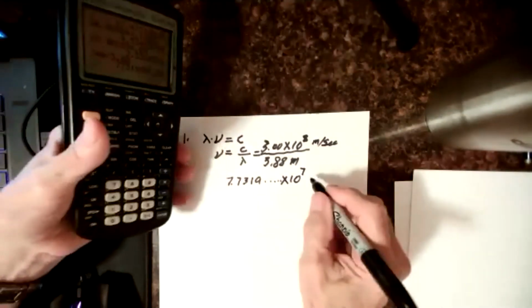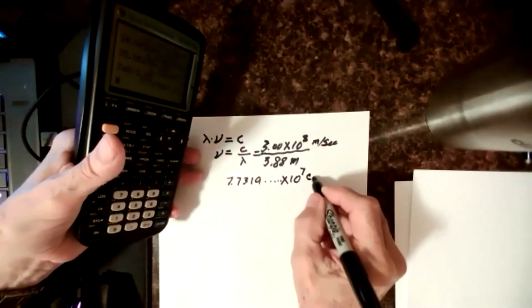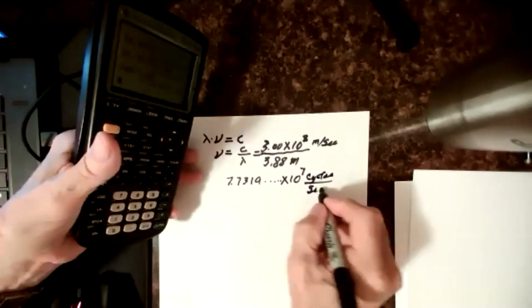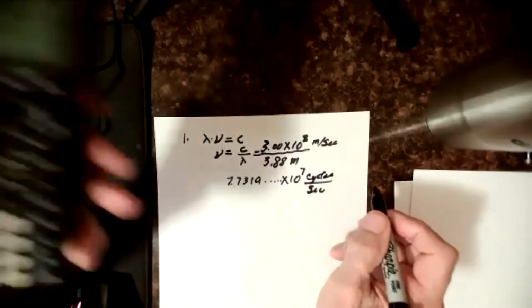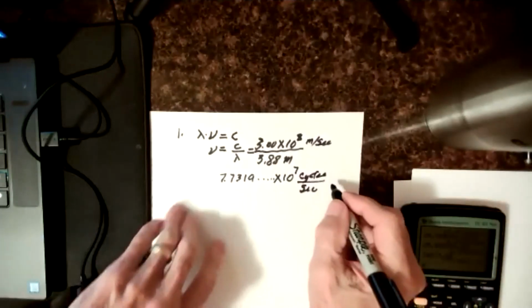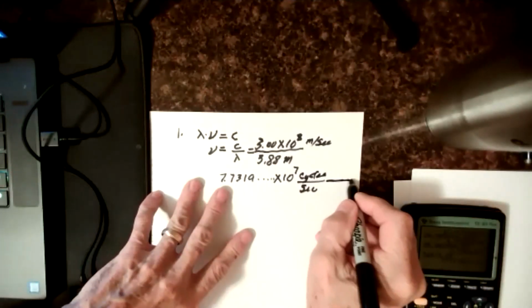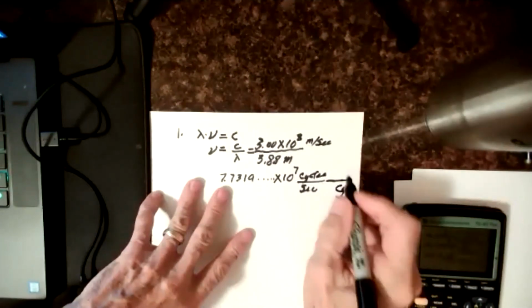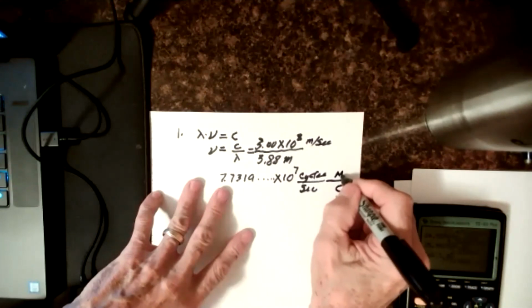Okay, and now what is this? This is cycles or waves per second. And I'm looking over there, I don't have that. I have megacycles per second. So I want to convert from cycles, I'll just abbreviate CYC, to mega